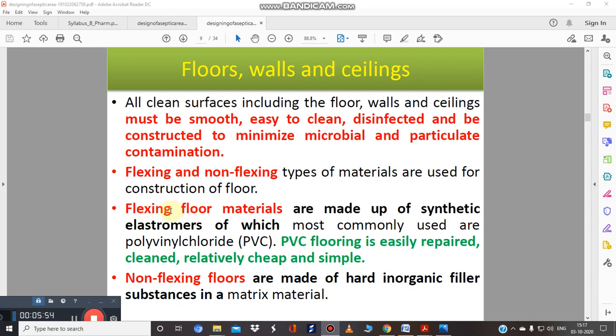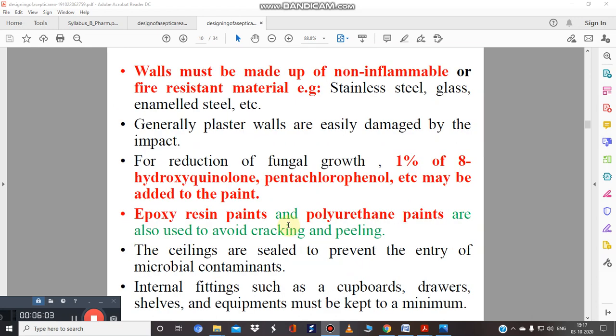If you talk about the flooring material, PVC, that is polyvinyl chloride flooring, is preferred. The walls should be made of a non-inflammable or fire-resistant material. Particularly, we use stainless steel, glass, enameled steel, etc. And for the reduction of any fungal growth, we use different types of disinfectants also.